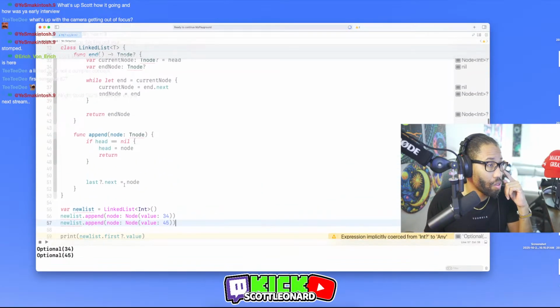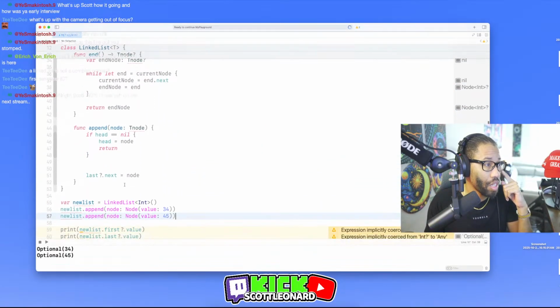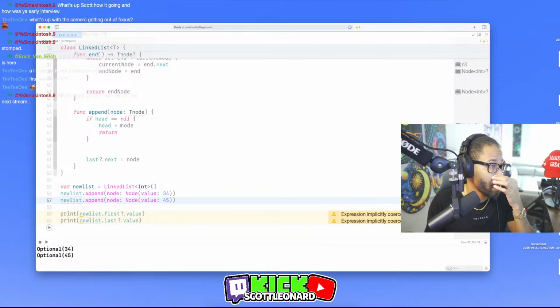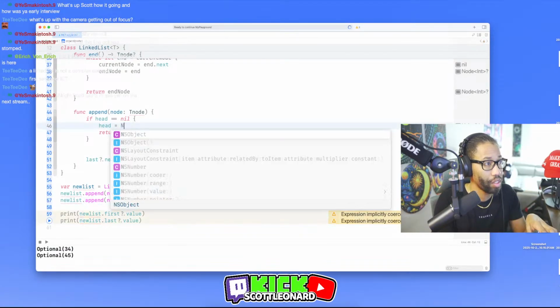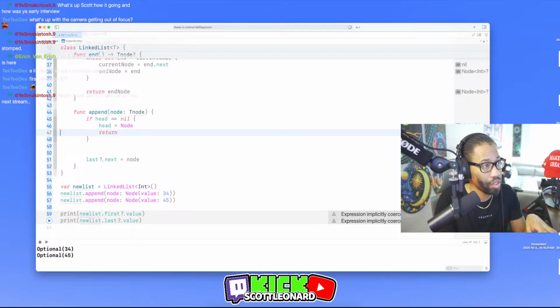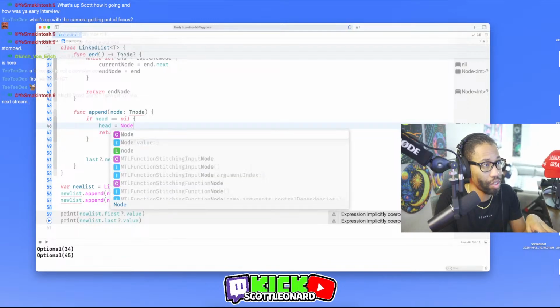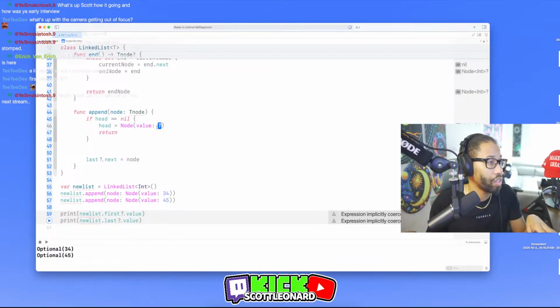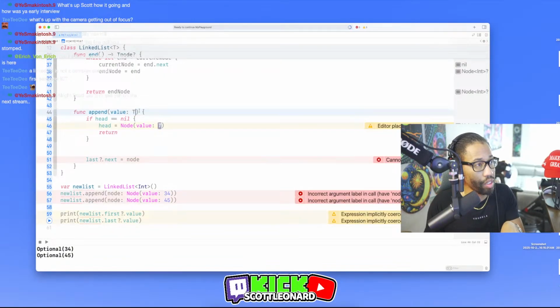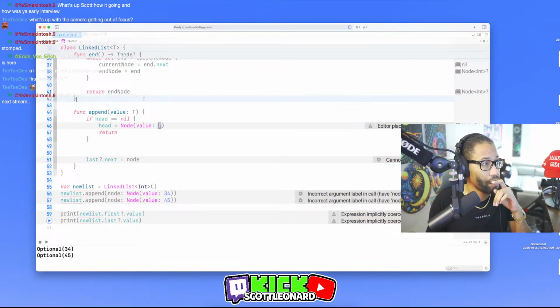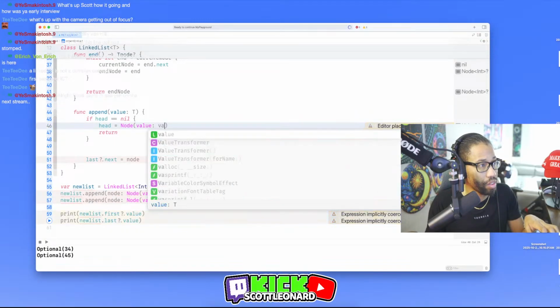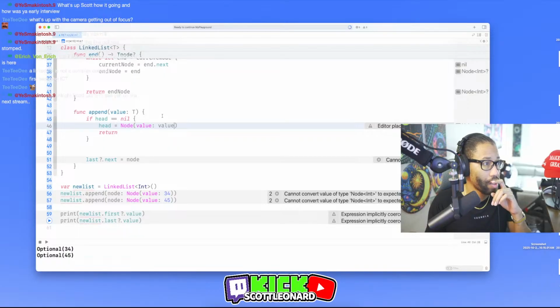And then also in his append, he didn't create the node in the append. He did something like node value. And then here, it was just the value of type T. Right? And then here it was just value. Like that.